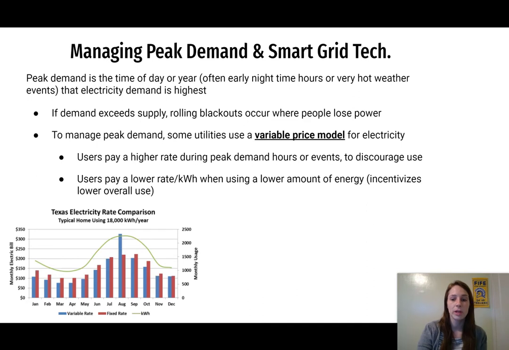So this is going to incentivize them to have a lower overall use, because they're going to pay less when they use a lower amount of energy. And sometimes hitting people in their wallets is the only way that you can get them to make different choices. They will also look into having more energy efficient options. If they're paying tons for their electricity bill, they might start swapping out for LED bulbs or for more energy